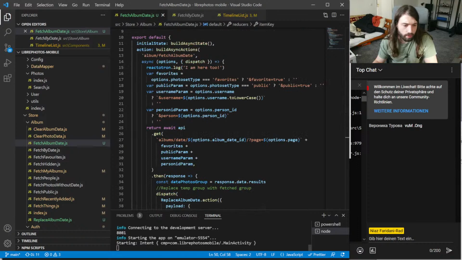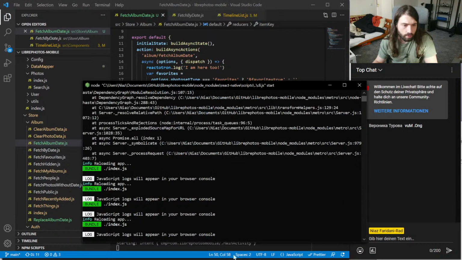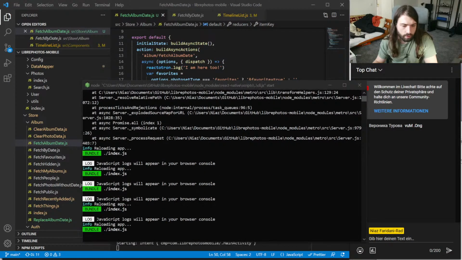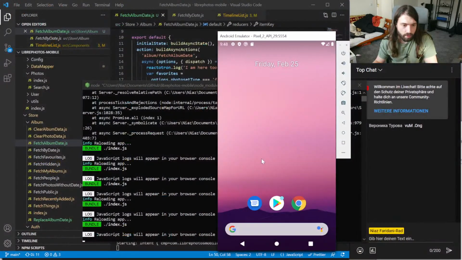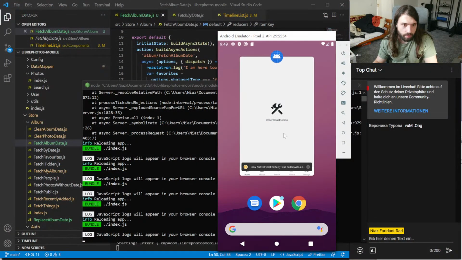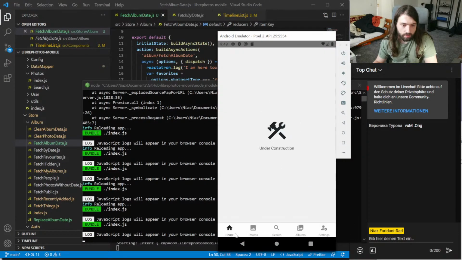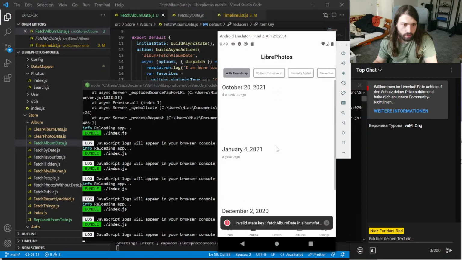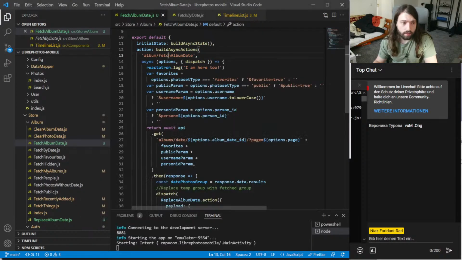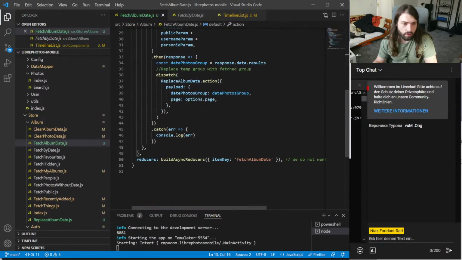Do you then stop complaining? Again, I'm still just clicking on stuff, because it doesn't make too much sense to me. Okay, so we still get an invalid state key, so I think we have to get rid of that.